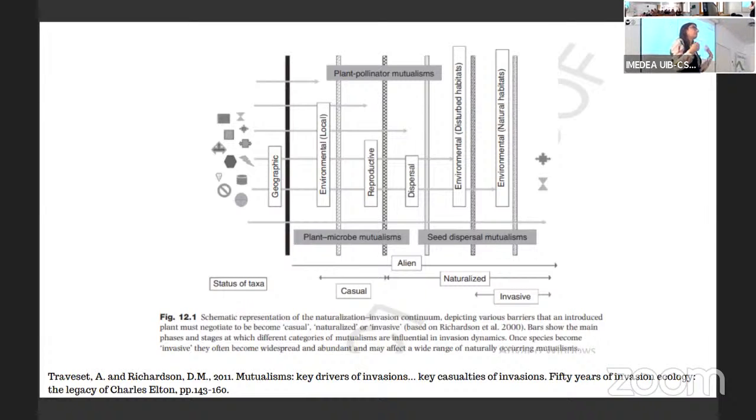When they establish this interaction, they can produce viable seeds that will then be dispersed. I highlight the seed dispersal mutualisms, which are especially important for the alien plant species to overcome the environmental barriers and finally reach new areas